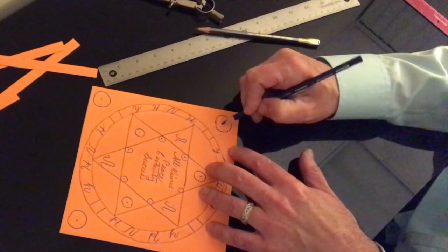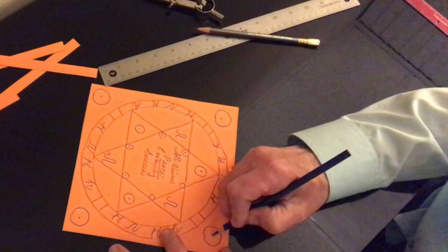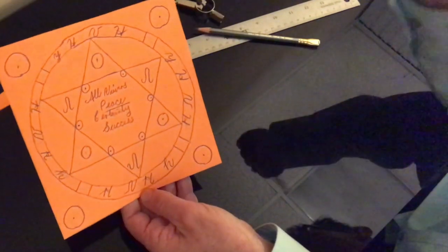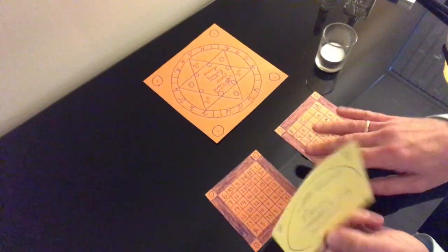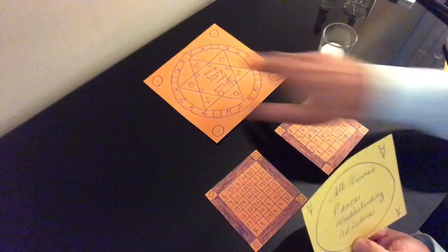Don't you think? I think. There she is. Okay, so let me get some perfumes and we will consecrate this. All right, and then we don't want to have more than 3 active talismans going for the same person. And since I'm doing it for all of us,